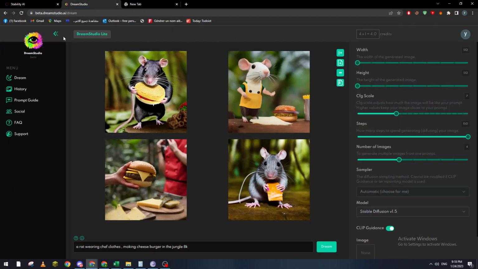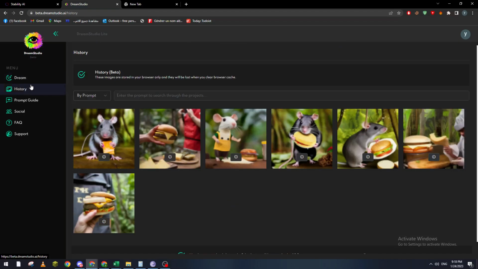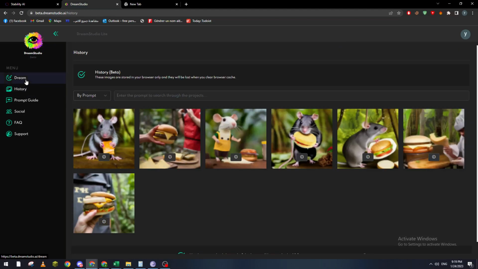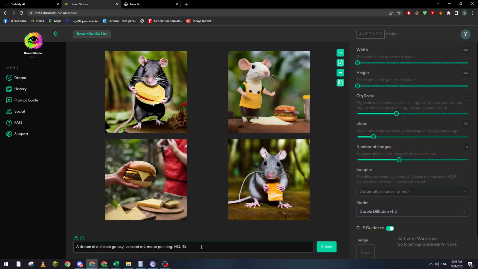Now, of course, as you can see, that's my account. This is my collection. This is everything. For you, they will ask you to connect your account first, then you will see this page. So just connect, and then you can start making dreams, as they call them. So now, for example, how you can use it, just go to dream over here, and here you can